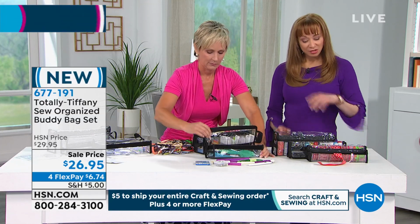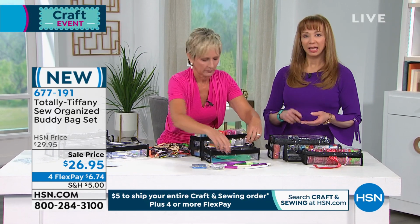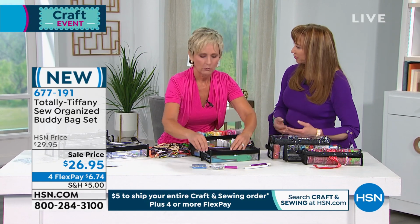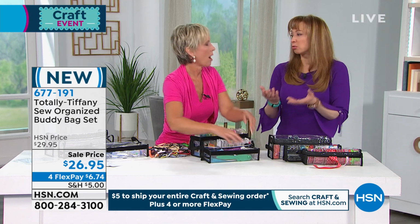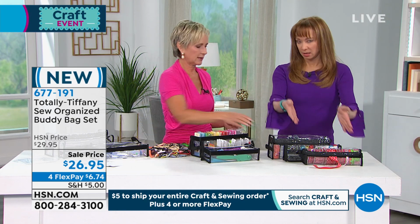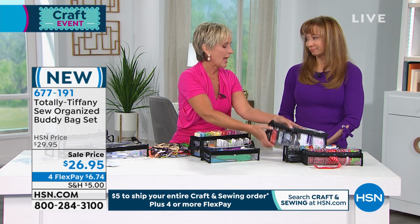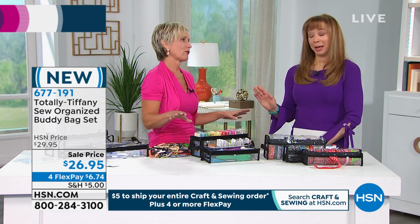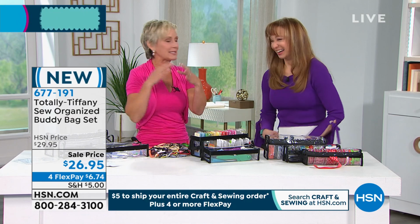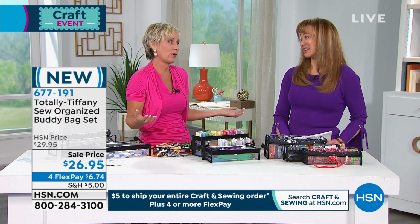And the really cool thing about this too is you can customize it, whether you work a lot with fabric or needles or applique, or you work more with paper crafting or paints or paint brushes. I mean, sequins, jewelry, whatever it is. All of those things. And they're clear, lightweight, visible, accessible. And that is one of the things, especially as we get a little bit older, right? Clear is perfect. Clear is better. You can see, like if you're throwing things into a black bag, it's like a black hole at a certain point, right? You're just like, oh my